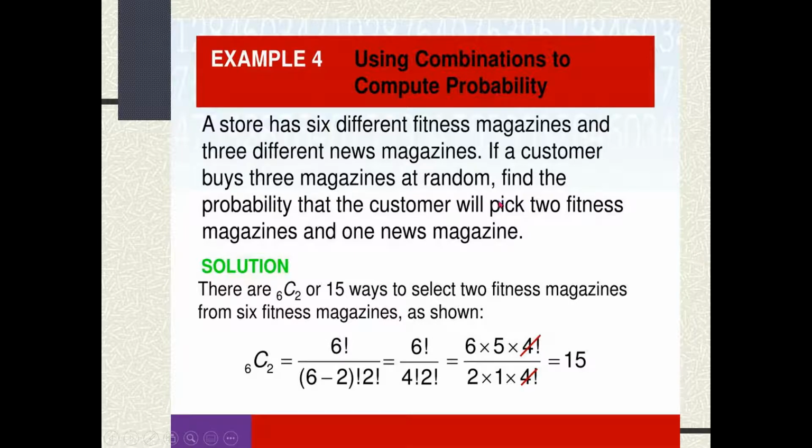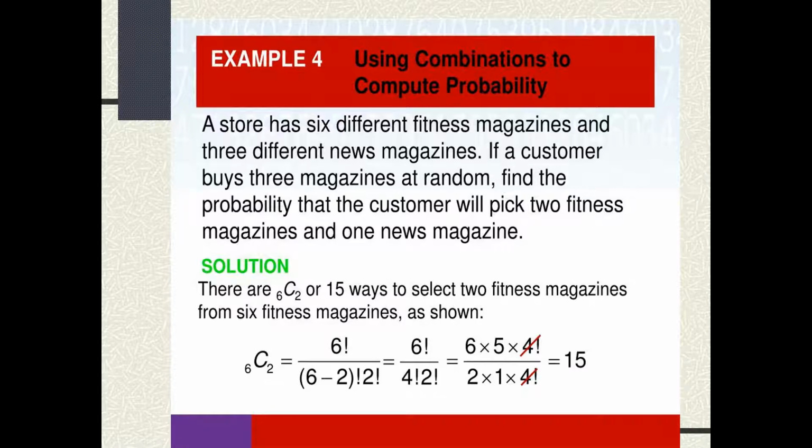Okay, another example: a store has 6 different fitness magazines and 3 different news magazines. All of these are different. If a customer buys 3 magazines at random, find the probability that the customer will pick 2 fitness magazines and 1 news magazine. Actually, we want to see in how many ways we can choose 2 fitness magazines and 1 news magazine. And of course, over here order doesn't matter,